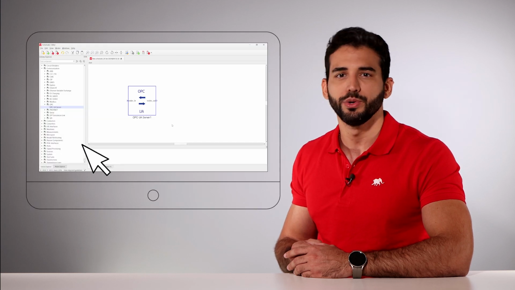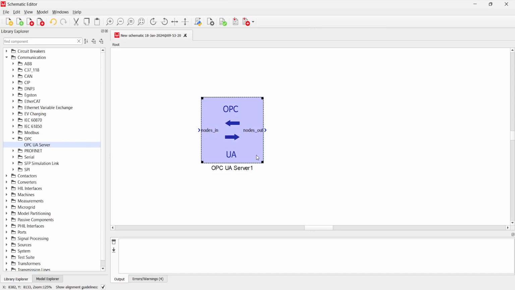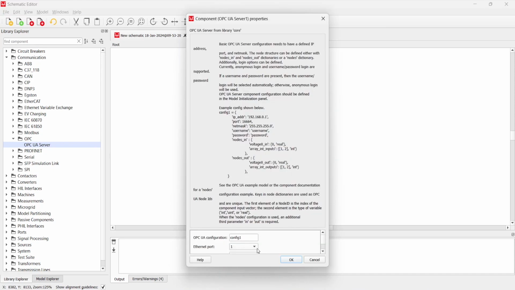The OPC UA server component can be found in our Library Explorer in the OPC subfolder of the Communication folder. In this demonstration, I'm using a HIL606 device, which contains 4 Ethernet ports, so as a result, you notice 4 selectable port options in the drop-down list.